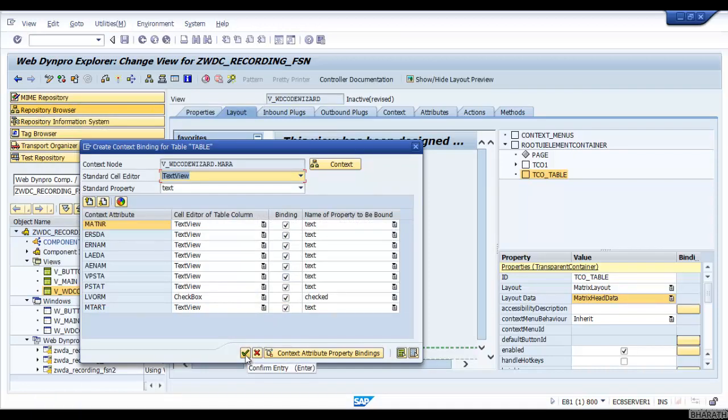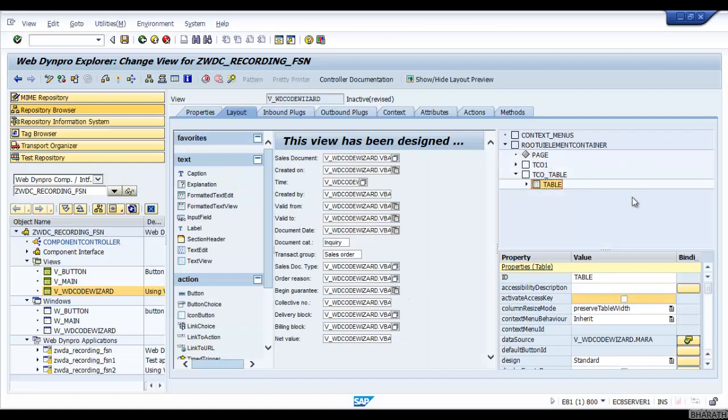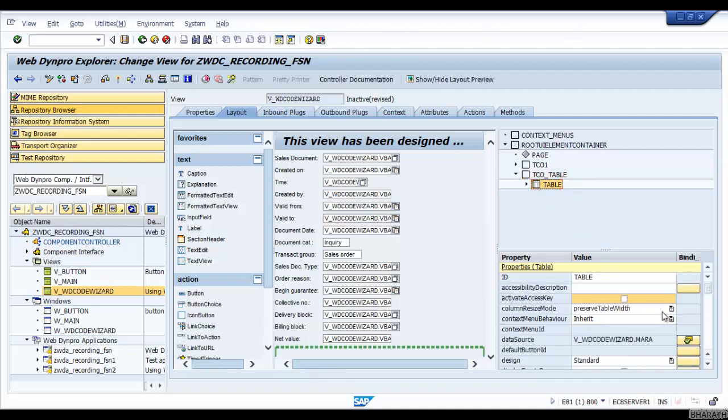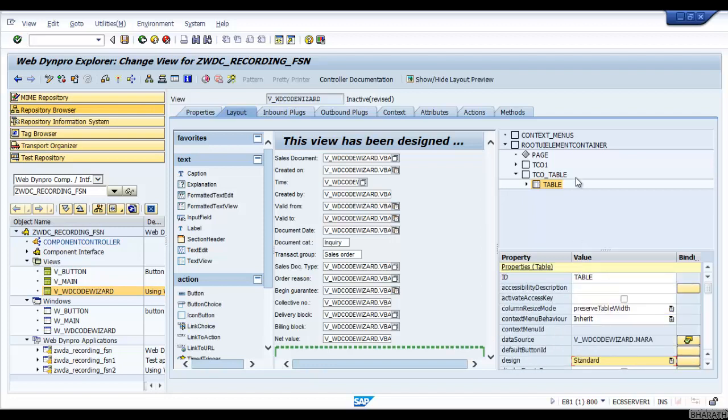Just click on OK. See, everything has been done automatically: matrix layout, matrix head data. So the table has been designed.